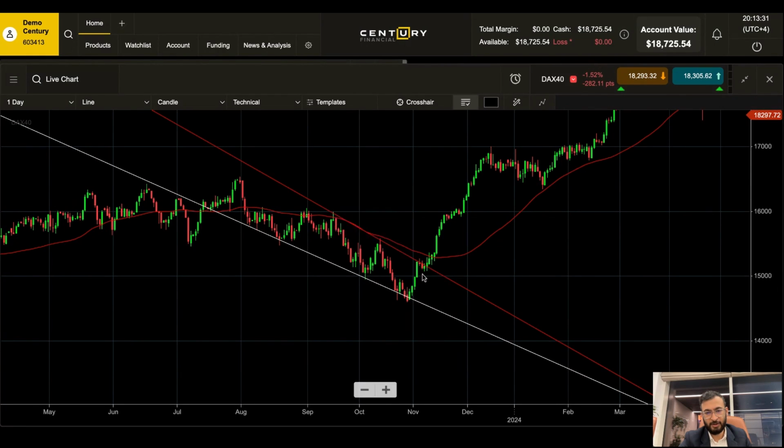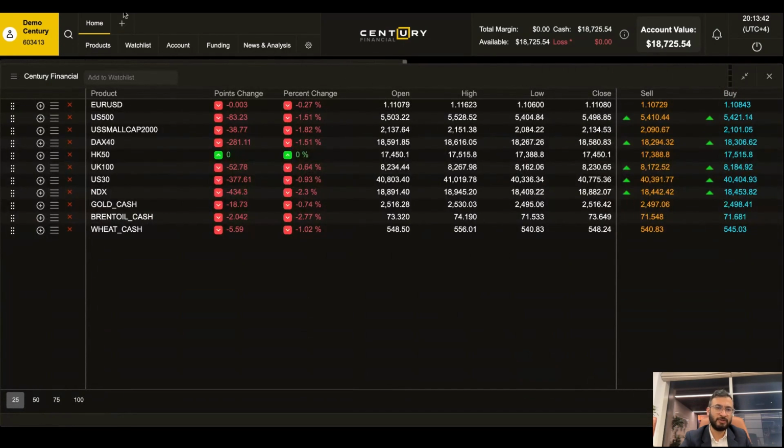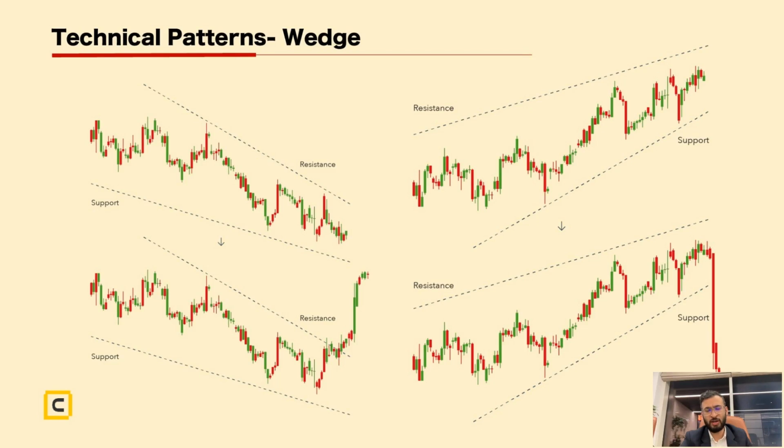So the moment it breaks on the higher side, if you see this wedge, it continues to move higher. These kind of technical patterns, guys, work a lot. But that being said, again, there are different patterns. Some patterns are much stronger than others, and it's always going to be a hit and trial, but